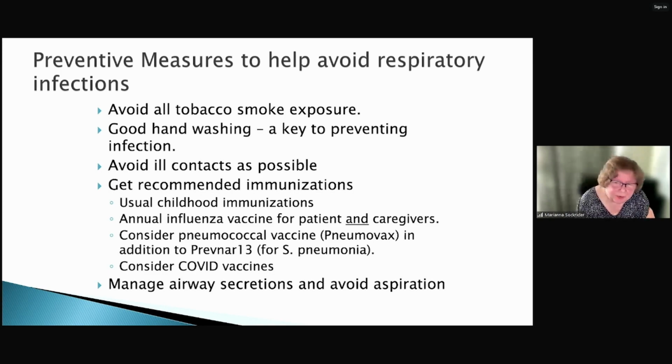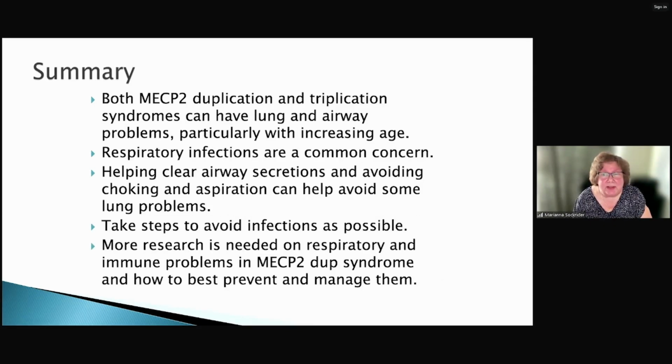The strep pneumonia bacteria is only one type of bacteria that gives you pneumonia, but it is one that could be prevented some with a vaccine. Consider COVID vaccines. And then as we've talked about, managing airway secretions and trying to avoid aspiration, which also may mean managing safe feedings. So in summary, both MECP2 duplication and triplication syndromes can have lung and airway problems, particularly with